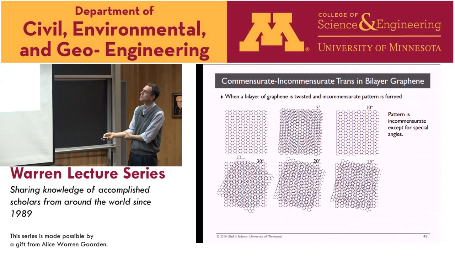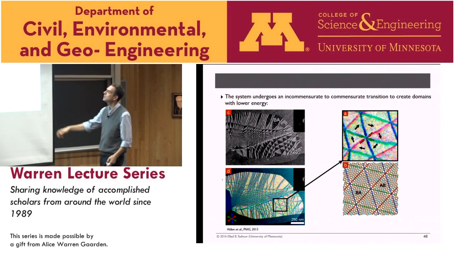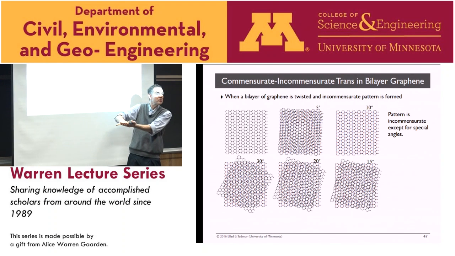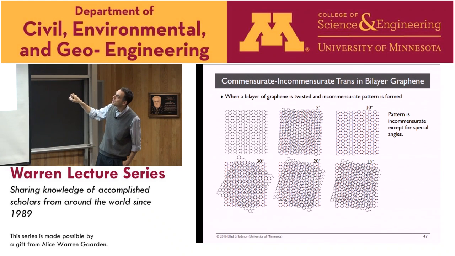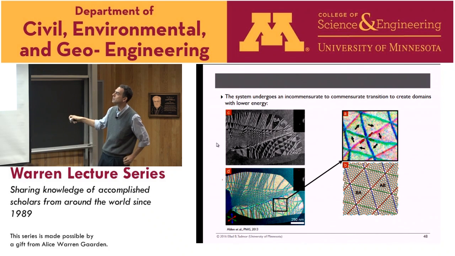What's very interesting experimentally is that if you take a layer of graphene and you rotate it on top of another one, the material is not happy. And so it undergoes what you can call an incommensurate to commensurate transformation. All these regions that are high energy, incommensurate regions, they try to become commensurate with each other, to come to a low energy state. And that's what these triangles are. These black triangles that you're seeing here are basically regions where the material has locally arranged itself to come into commensuration in a low energy state with the system underneath it.